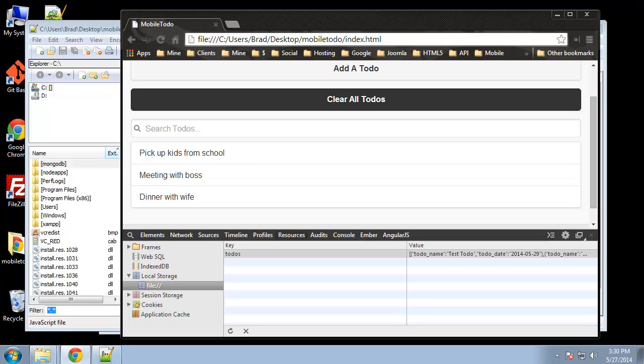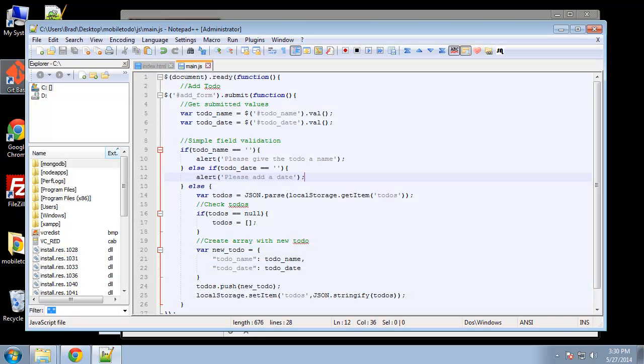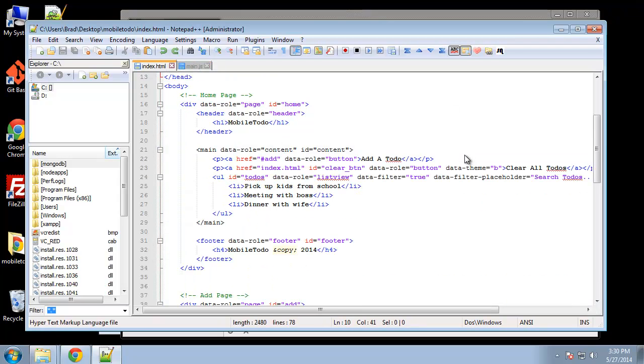Alright, so we have the ability now to add to-dos to local storage. We're not seeing them in the browser yet, but we can see down here that they are in fact adding. So what we want to do is be able to loop through them and output them here into this list. Okay, so first let's go edit the HTML, because right now we just basically have a